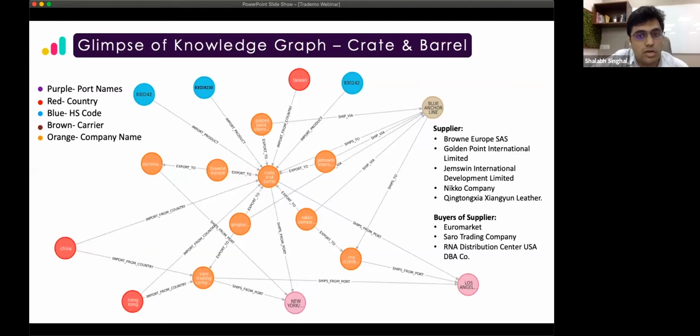What are the different HS codes they are dealing in? What countries do they belong to? What are the ports or trade routes they are using, right? So all of this data can be generated when we combine multiple data sources together in our knowledge graph. And now just imagine how much value this can be for Crate and Barrel, its suppliers, even just for competition understanding, for any of these businesses or even the logistics partners to understand how all these factors together are impacting their business on a day-to-day basis.